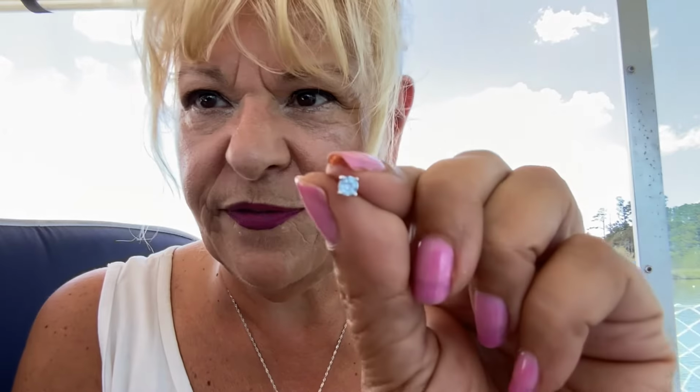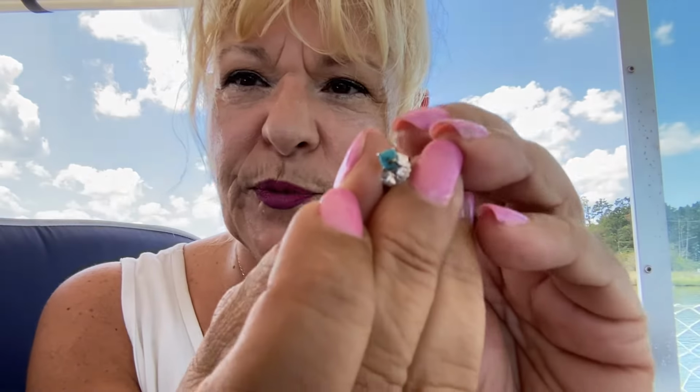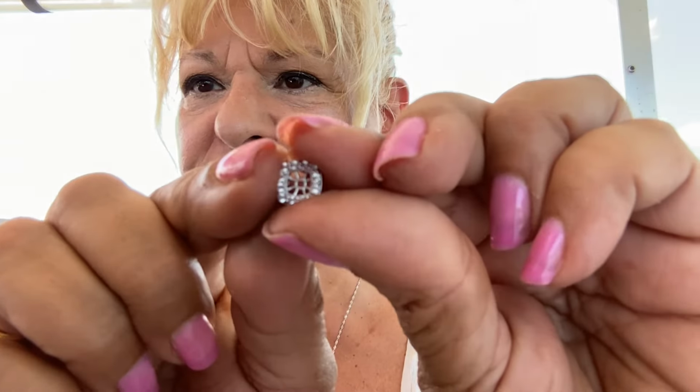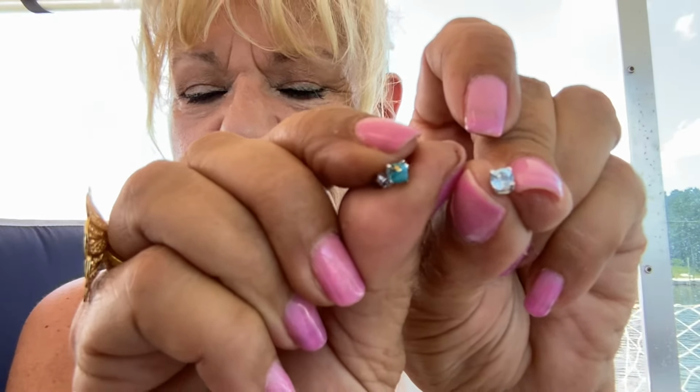Okay. So you'll get 2 studs. One of them will be in the glacier topaz, and then the other one will be done in turquoise. And then you'll get this boxed in jacket, earring jacket. So obviously you can wear the studs all on their own,